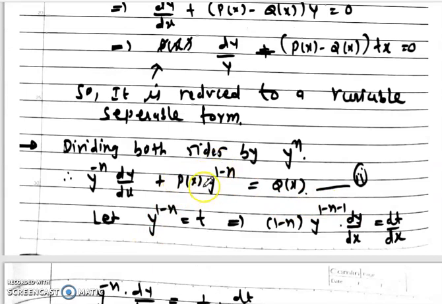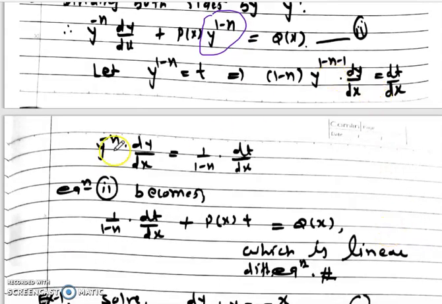But here whatever we have as the multiple of p of x, that is y raised to 1 minus n, we take as a new variable, say t. So in that case we can convert y in terms of t. So 1 minus n times y raised to 1 minus n minus 1 dy by dx is equal to dt by dx. But here y raised to minus n dy by dx is equal to 1 divided by 1 minus n into dt by dx. Now our equation number 2 becomes,